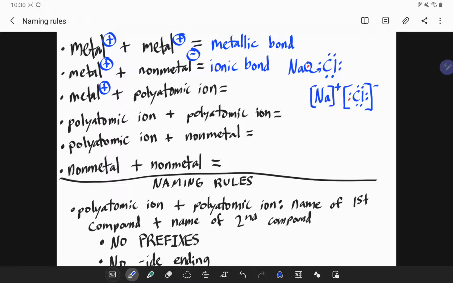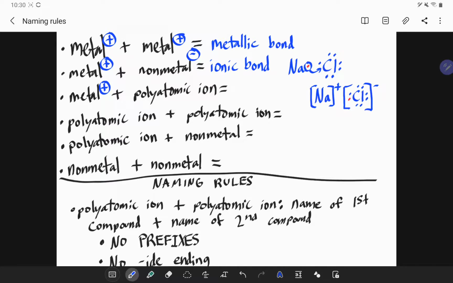All right, so chlorine took that electron, sodium gave it away, and we have something with a positive charge bonded to something with a negative charge. Specifically, a metal with a positive charge bonded to a nonmetal with a negative charge. All right, now let's look at